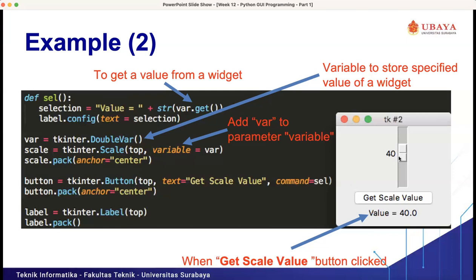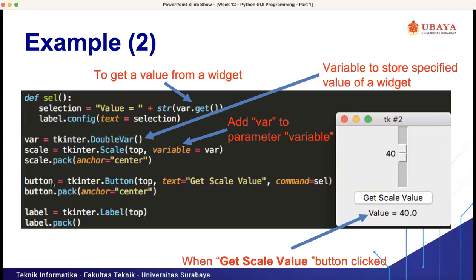So this variable will be used for the scale widget, right? We place the scale using the pack function, and the anchor is center, so it will be placed in the center of our GUI.